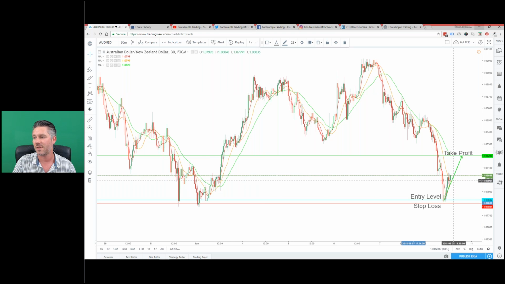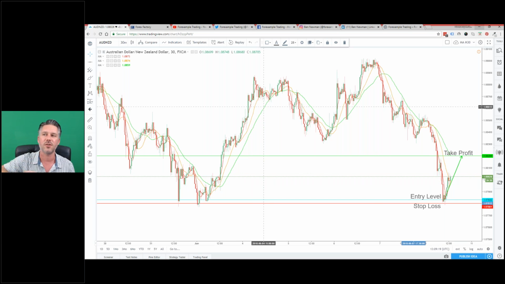I mean, had I left this running, I did exit it because I didn't want to have to keep an eye on that and do this as well. But you can see where it is now. We would have been well over. I placed a 0.5 lot size on this, so I would have been well over 100 quid in profit by now on this trade. So there you go. This is the sort of thing that the signals are going to be comprised of.